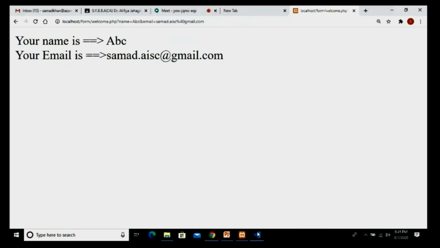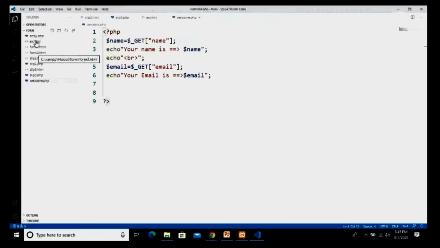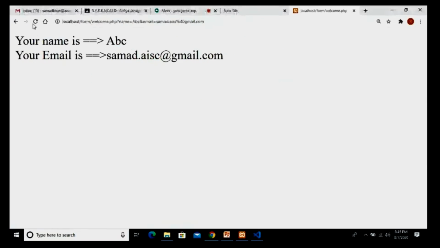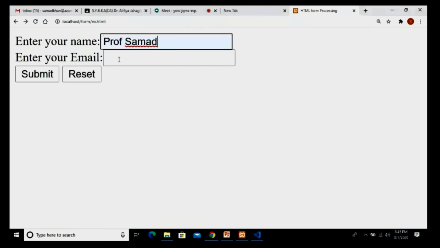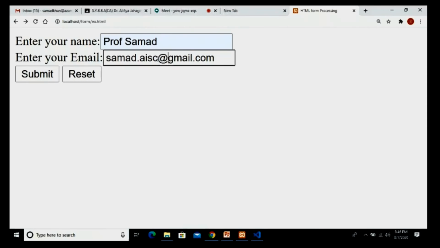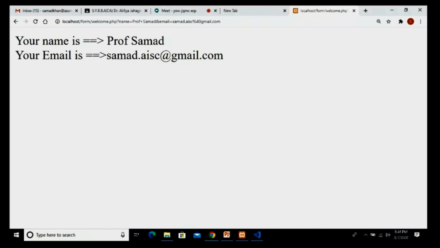Okay, another thing, we have one more type, that is input type for email. So we have type as email. What is the difference, I will show. I go to my browser, I reload my page, I take my name, my email address. Now in this I remove the @ and I click on submit. So it is showing me validation for email that the @ is compulsory. I put the @ once again and I press on submit. So this is your validation for email.